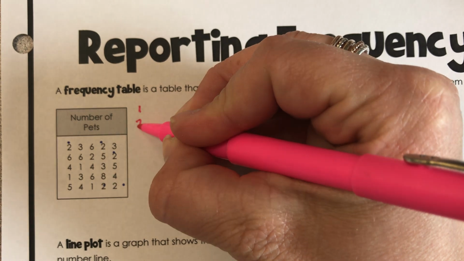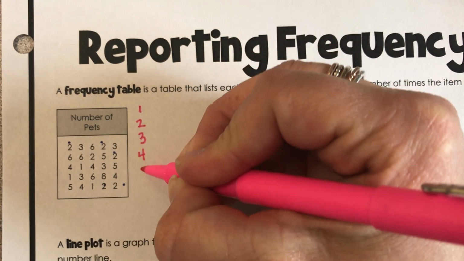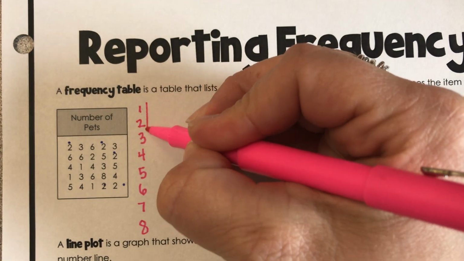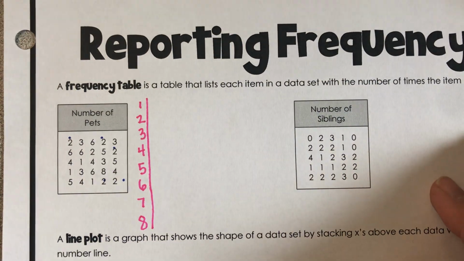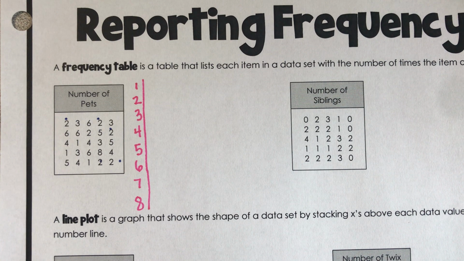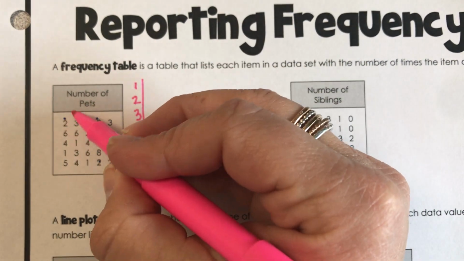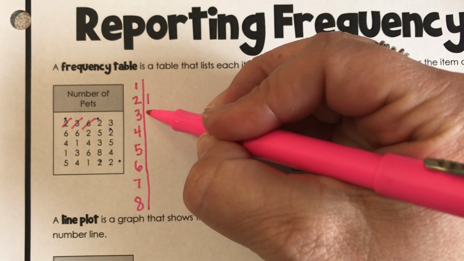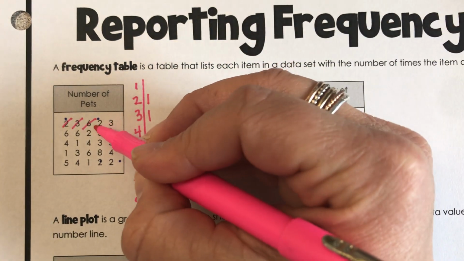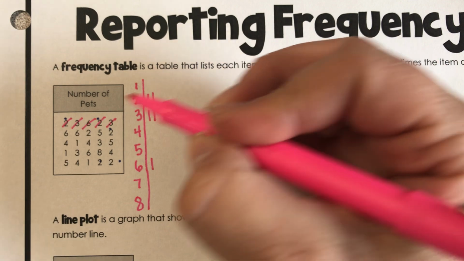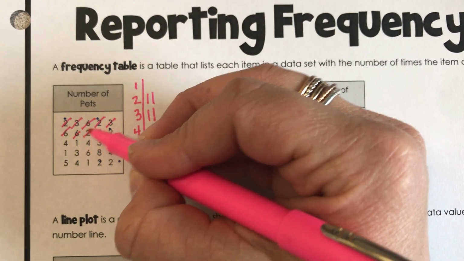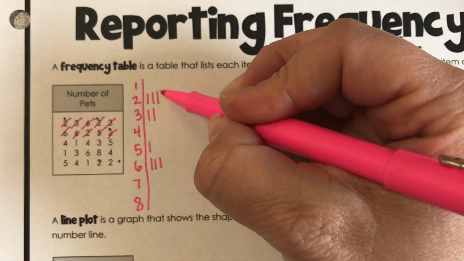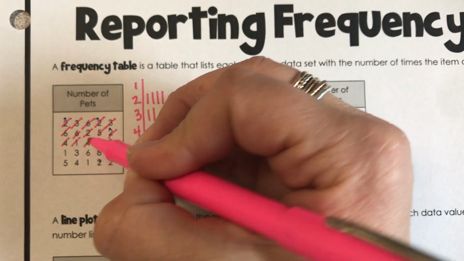So we're going to list out 1, 2, 3, 4, 5, 6, 7, and 8, and then we're going to draw a line, and now we're just going to tally up our data. So on my top row, I have 2, 3, 6. So I'm going to do a tally on 2, 3, and 6, and then 2 and 3, and then 6, 6, 2, 5, 2, 6, 6, 2, 5, 2, 4, 1, 4,